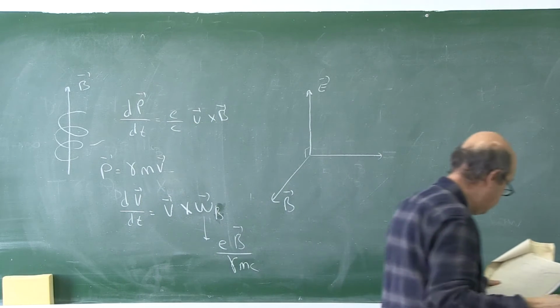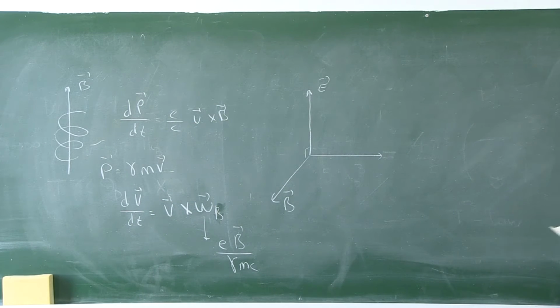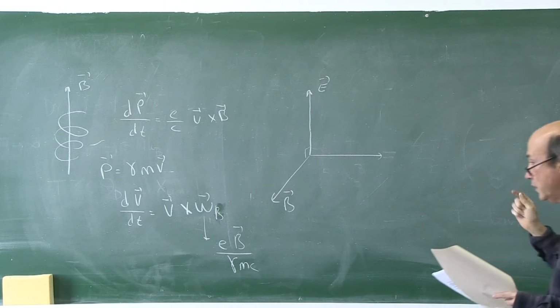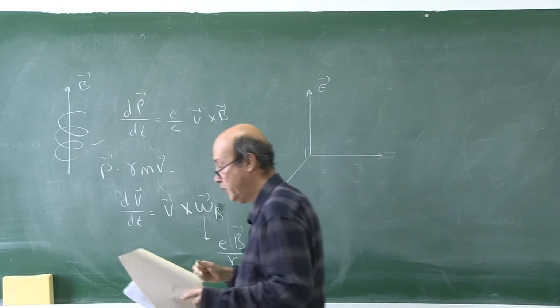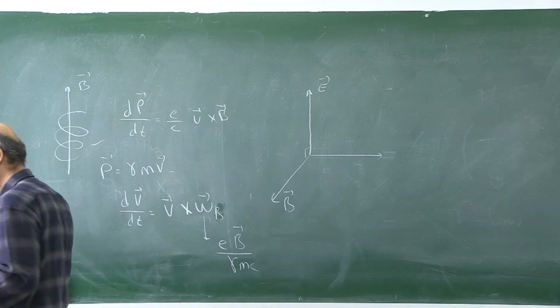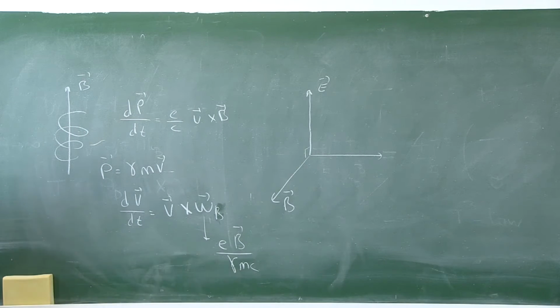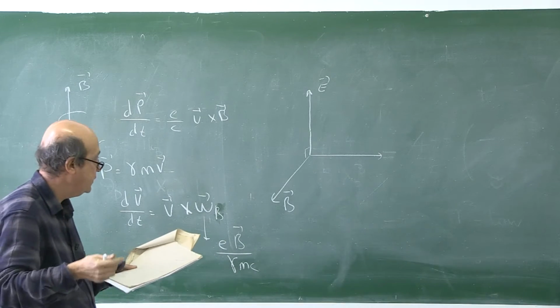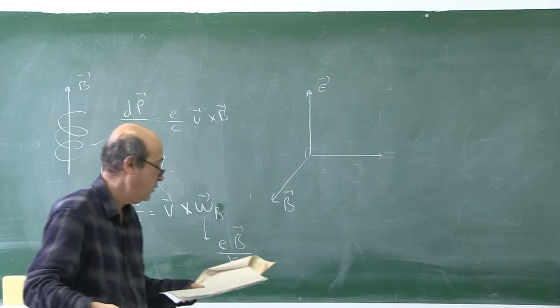So suppose that they are uniform. You have to write the Lorentz force and solve the equation of motion. If there's an E and B, this is a complicated differential equation. You can solve it, but